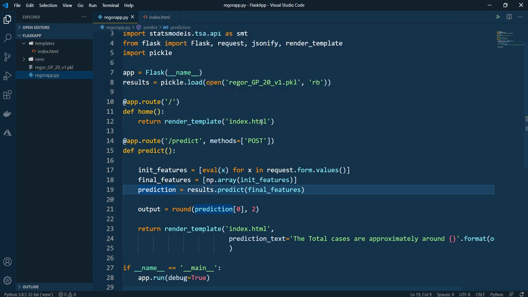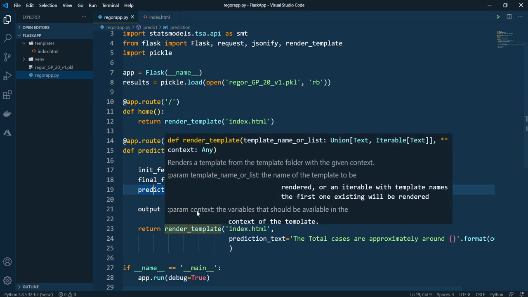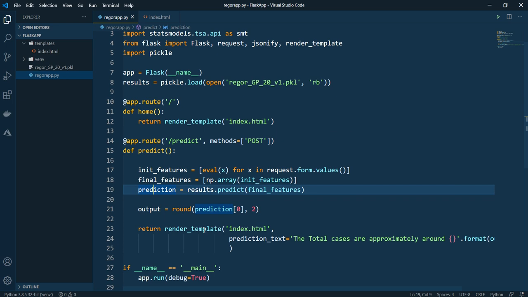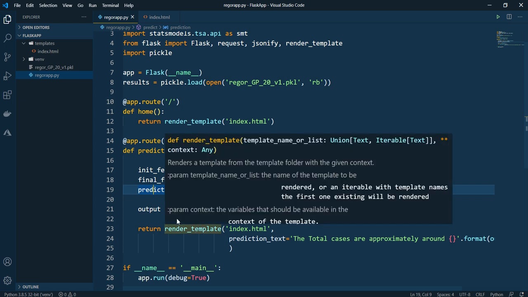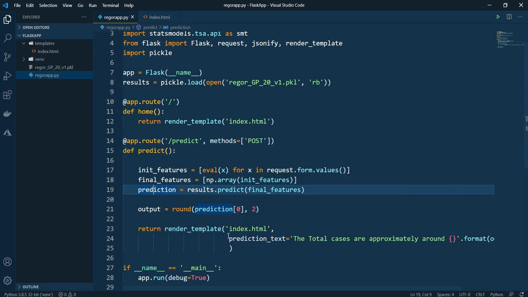So on the home page, I will have the index HTML, and on the prediction page, that is after entering the values, I will have another page, that is predict, and to predict, I will have this index HTML. So it will be a static page, but to that I will have some text that is entered. So that is a prediction text.